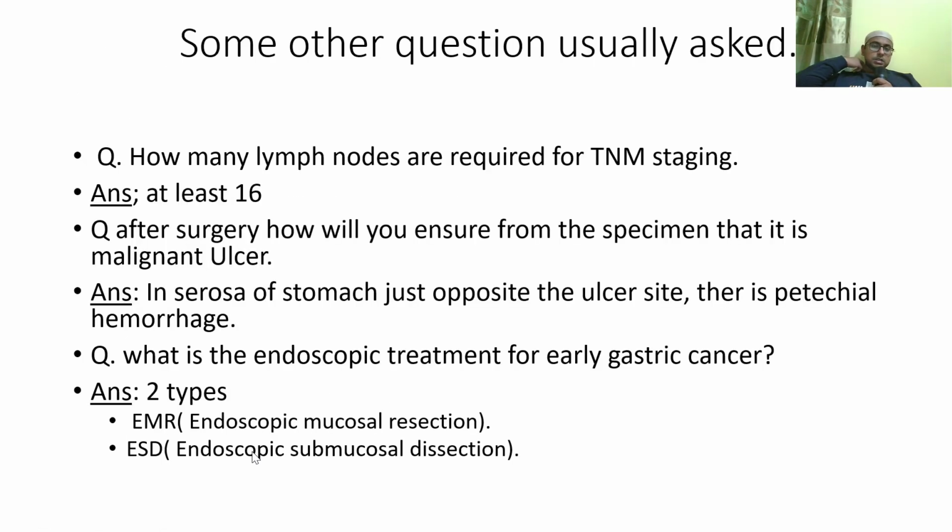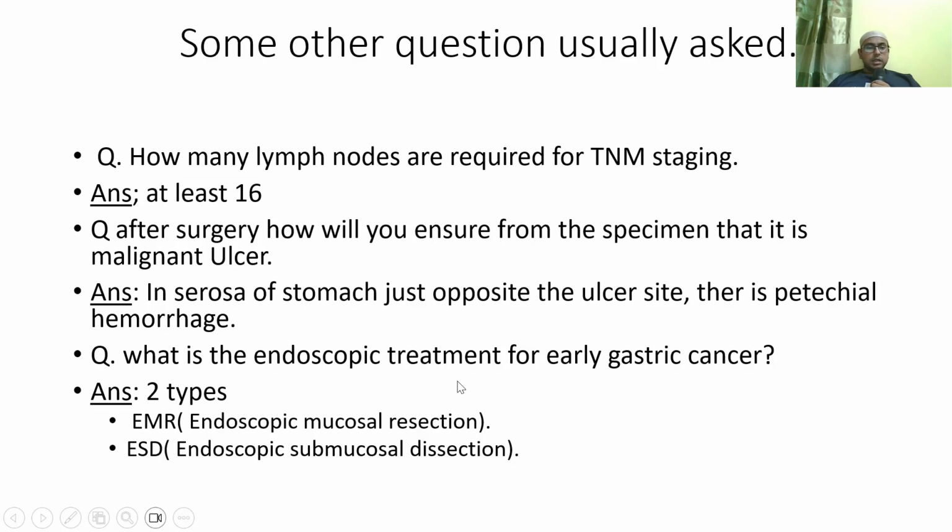Some other questions usually asked: how many lymph nodes are required for TNM staging? It is 16 at least. And after surgery, how will you ensure from the specimen that it is a malignant ulcer? In the serosa of the stomach, just opposite to the ulcer site, there is petechial hemorrhage. So there are hemorrhagic lesions. That means the tumor has already